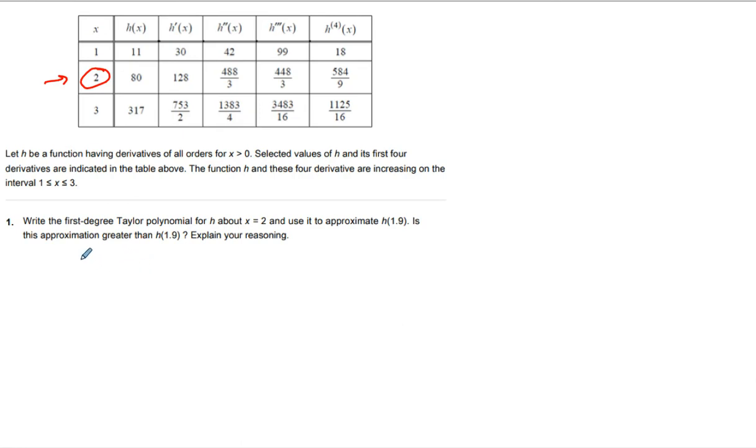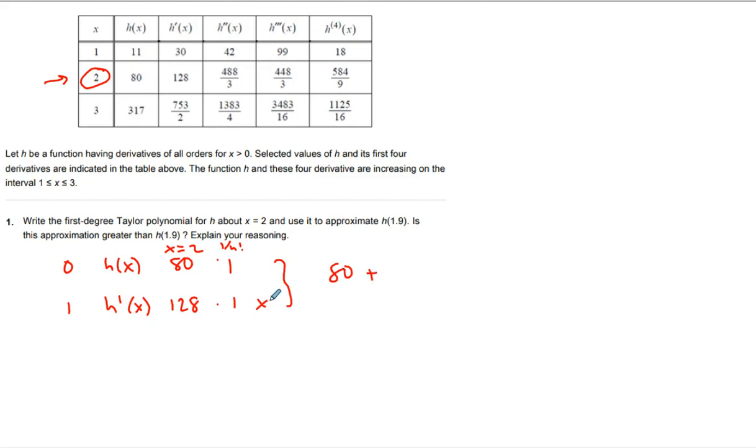But if we set it up the same way we do Taylor's, we're going to do a 0 and a 1. We're going to get a first derivative. Now, these are h's, so we're going to have just h of x, and we're going to have h prime of x. We're doing these at x equals 2, so h of 2 is 80, and h prime of 2 is 128, times 1, this is the 1 over n factorial piece, and another 1. No x's here and an x here. So we end up with 80